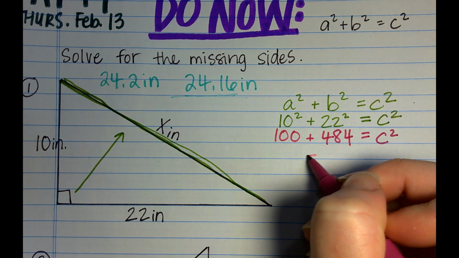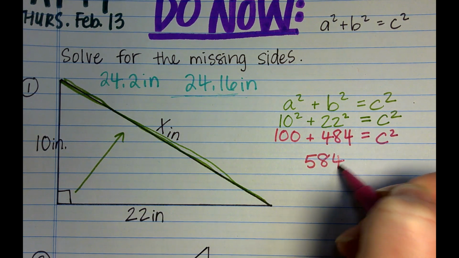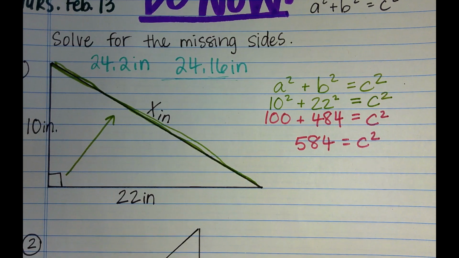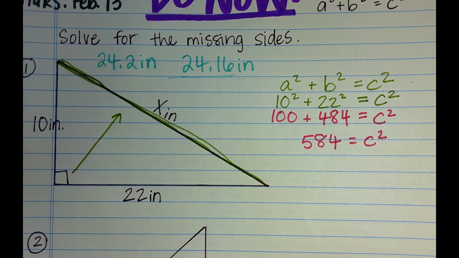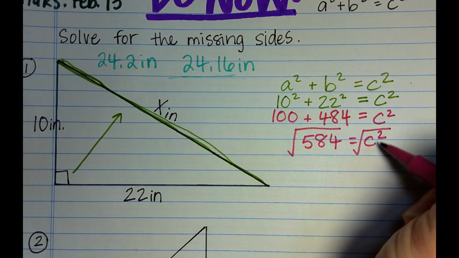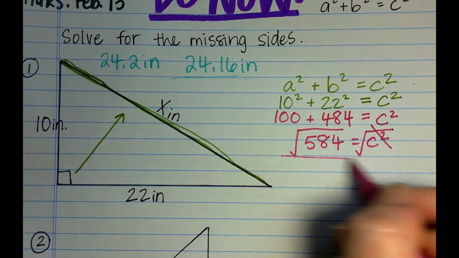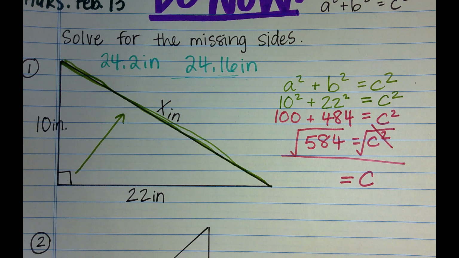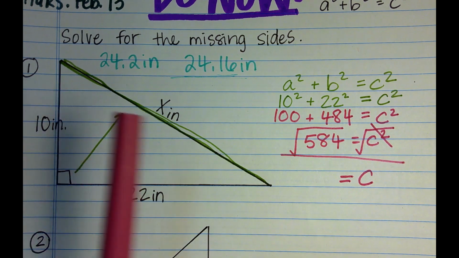So we'll add those together: 584 equals C squared. And then what did you all do as your last step? Square root on 584. Yes, square root both sides. That gets C by itself. And the square root of 584 is